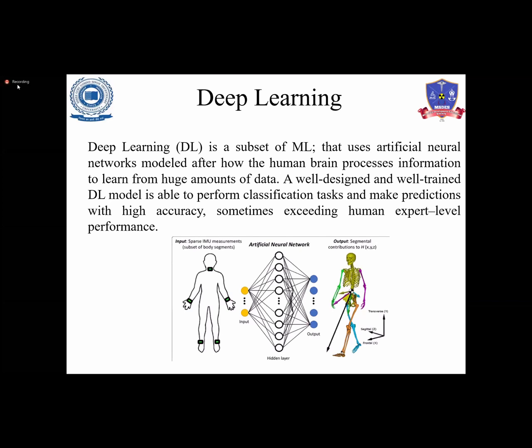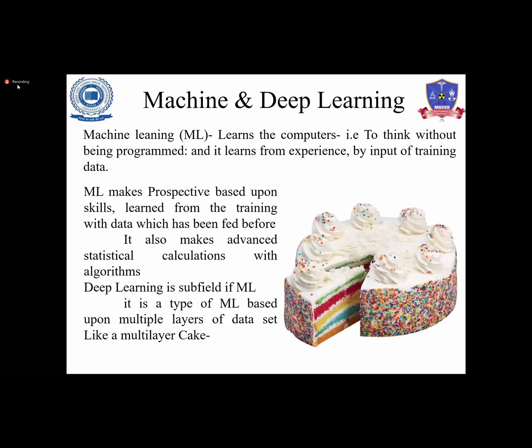A well-designed and well-trained deep learning model is able to perform classification tasks and make predictions with accuracy. Sometimes it exceeds human expert level performance also. So, what are machine learning and deep learning together? Machine learning and deep learning together is to think without being programmed, and it learns from experience by input